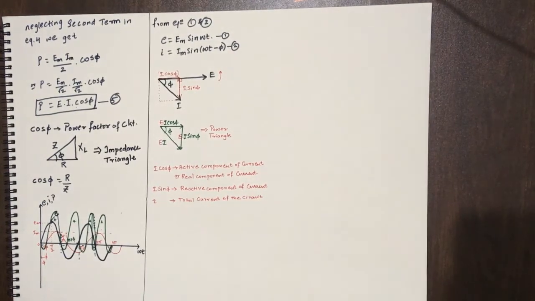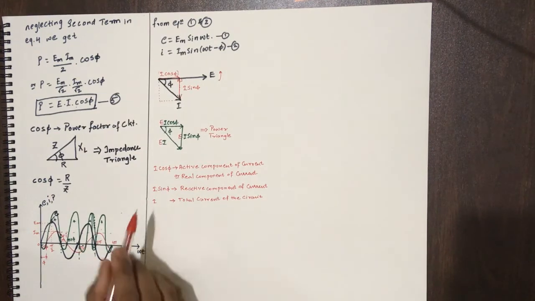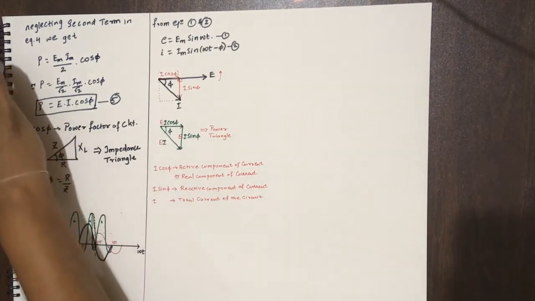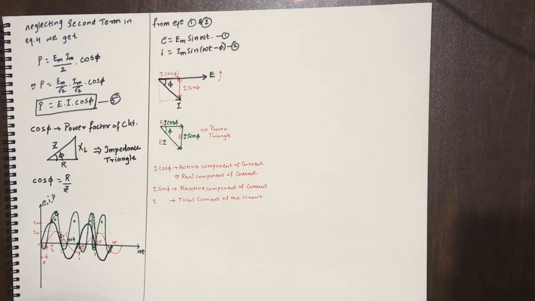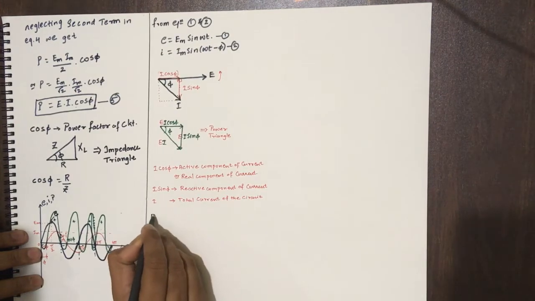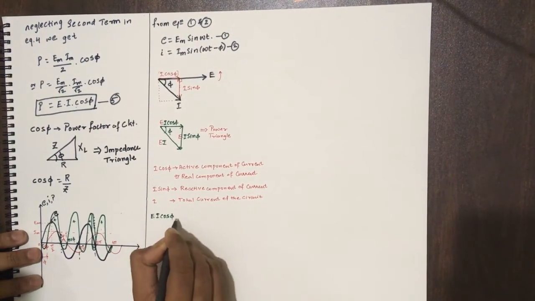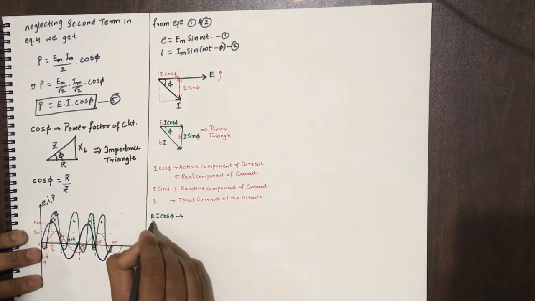Total current of the circuit. Now these three currents are responsible for three different powers that are acting in the circuit. So when I multiplied the voltages for each of these currents, my EI cos phi, this EI cos phi is nothing but